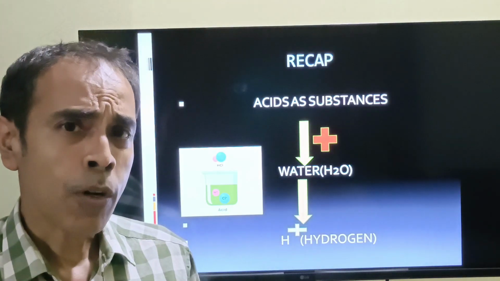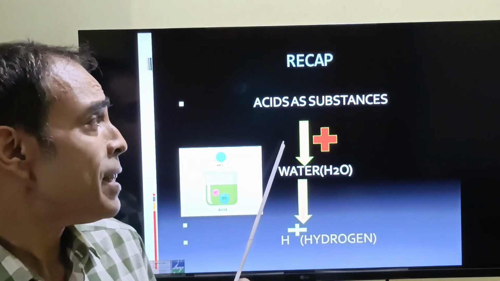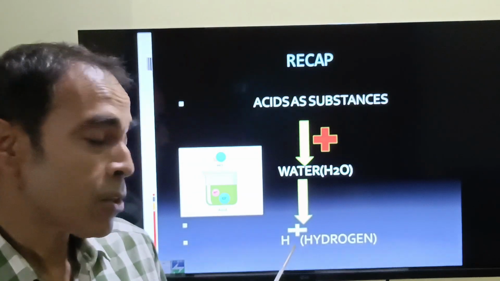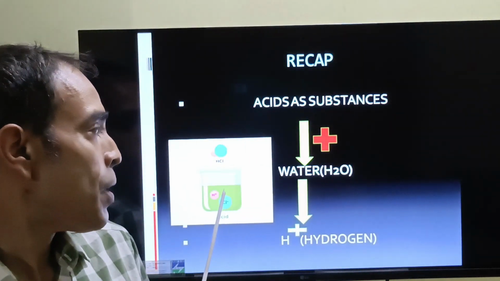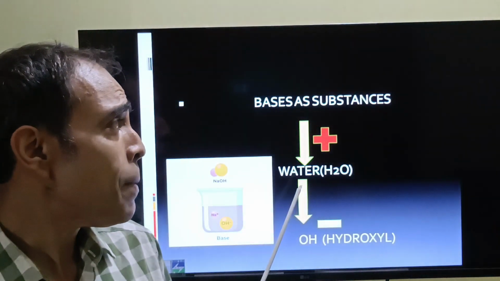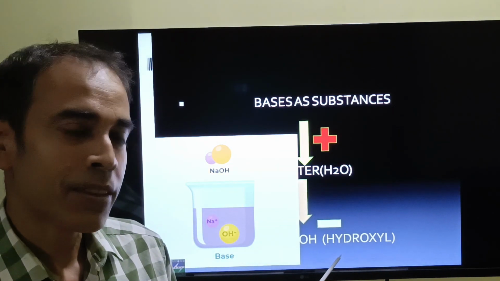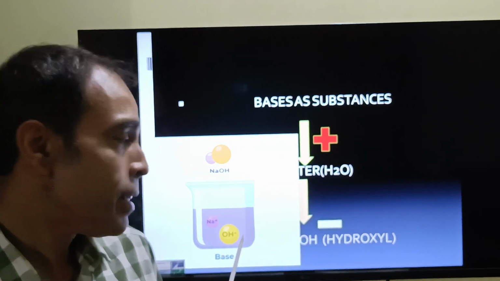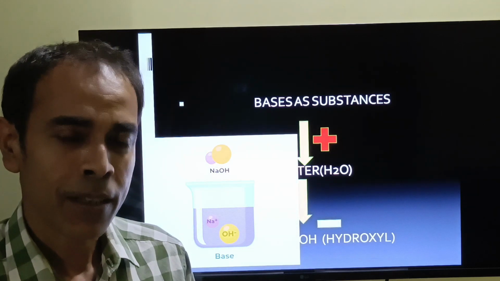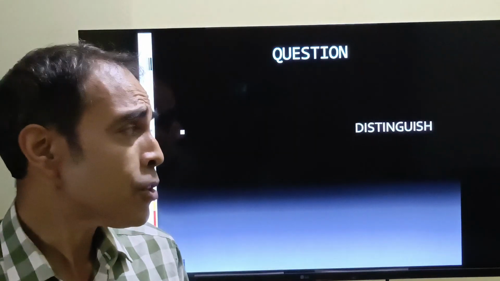Let us again recap what we talked about last class on the concepts of acids and bases. We defined acids as substances which, when they react with water, give rise to hydrogen ions. For example, hydrochloric acid forms a hydrogen ion. Similarly, we define bases as substances which react with water to give rise to hydroxyl ions. So sodium hydroxide is a base. This is in continuation of the last class on concepts of acids and bases, and please go through that class also. But the big question is how we distinguish